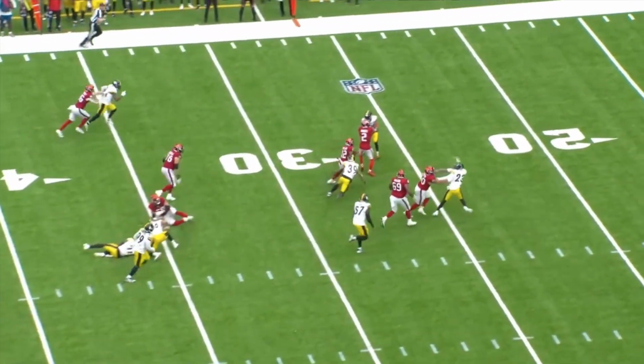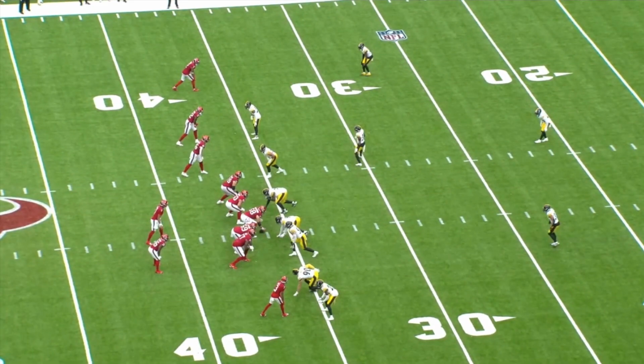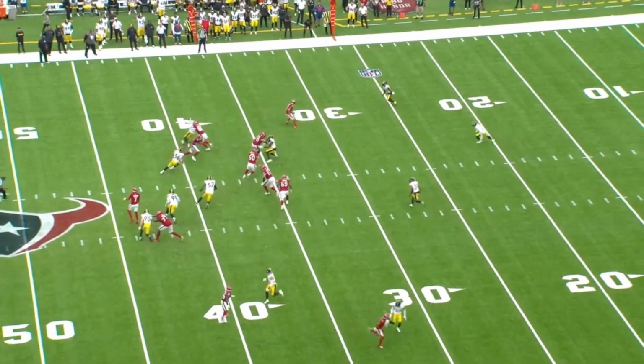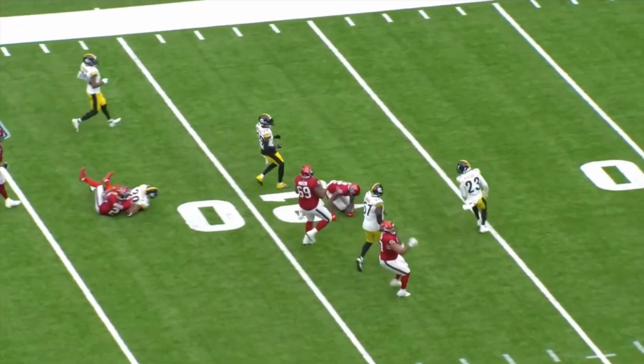And then, instead of a really long field goal right before the half, they get it down to the 20-yard line, essentially for NFL kickers. These are chip shots. So it's these types of mistakes that they're making on the defensive end that are, I don't want to say unforced errors, but they're things that they absolutely have to clean up. The secondary is dealing with some issues right now in terms of what they're doing coverage-wise. But I also think you expect some of these veterans that they have in the room to tackle better than this. And it's a little bit frustrating